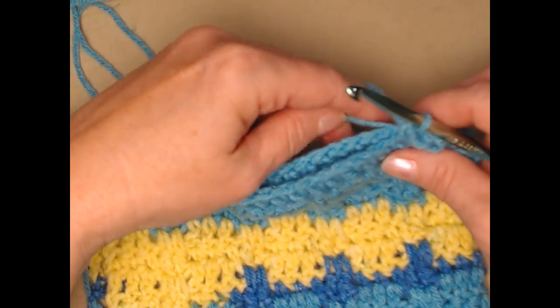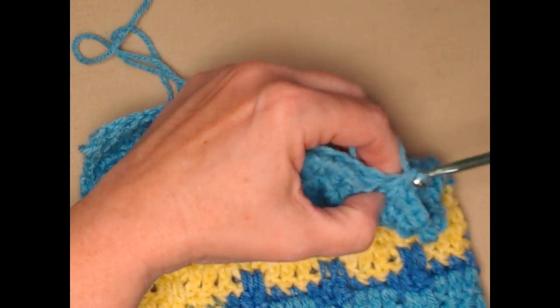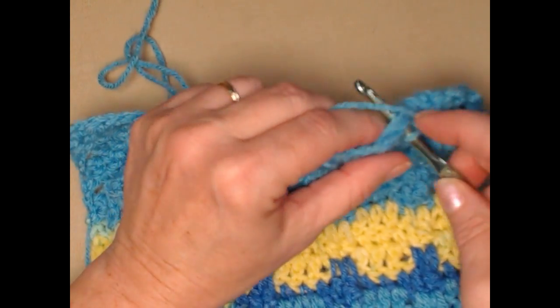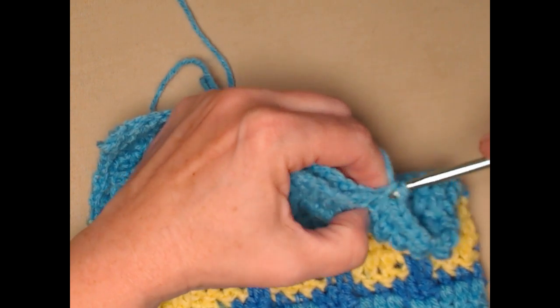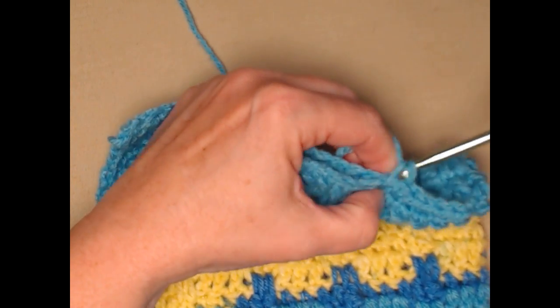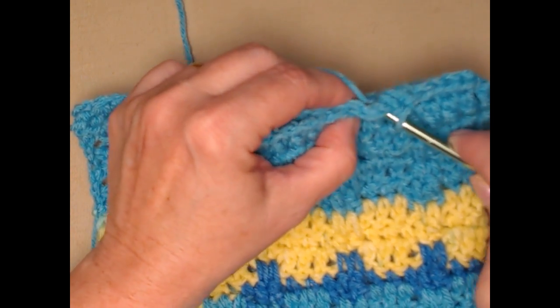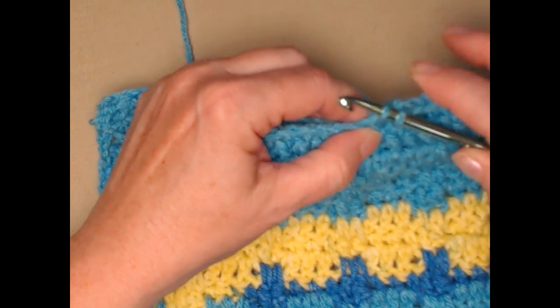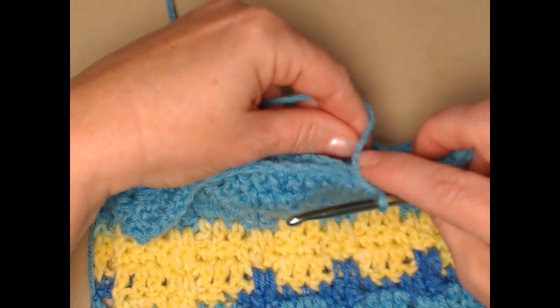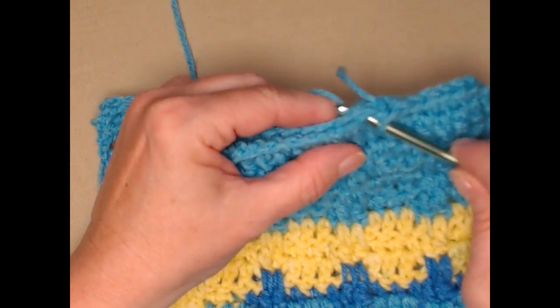Now, one thing to remember is you don't want to pull your stitches too tight, because you don't want the back of your hood to be gaping. But also, don't go too loose or it won't hold closed in the back. You don't want any little holes poking through. There we go, got caught on a stitch. All right. So I'm just going to continue down the back of the hood,